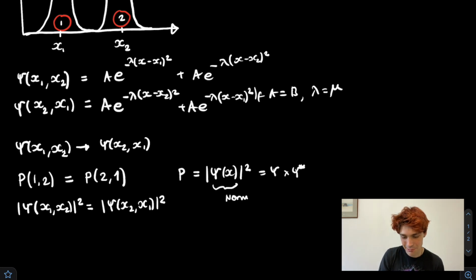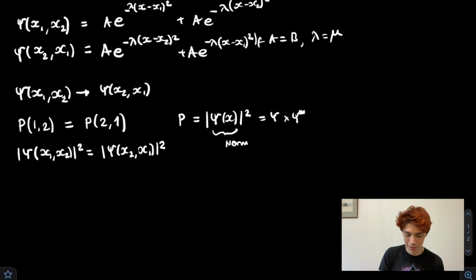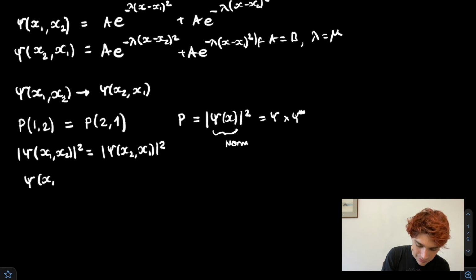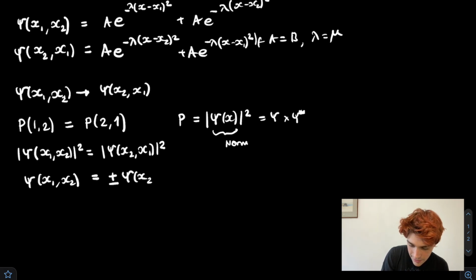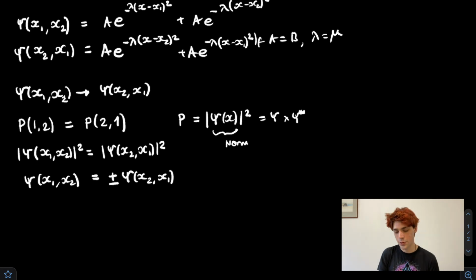Now, if we take the square root of both sides, we do have to be a little bit careful about doing square roots. Then we find that psi x1 and x2 can give two solutions in terms of the swapped wave function. So you can actually have plus minus psi of x2 and x1,